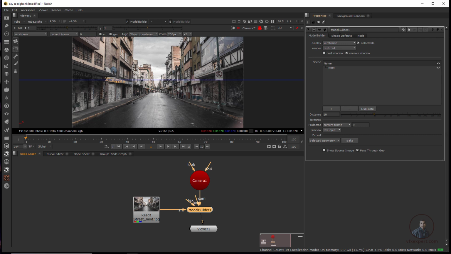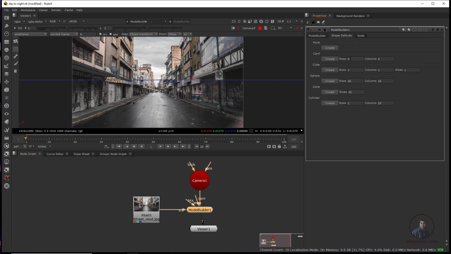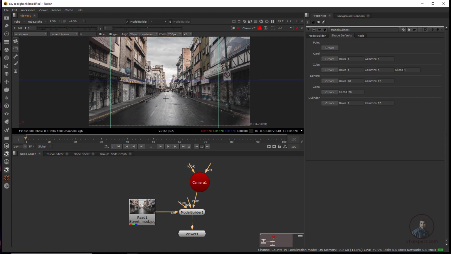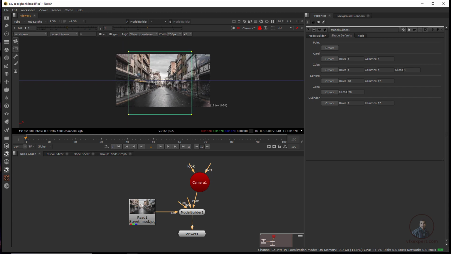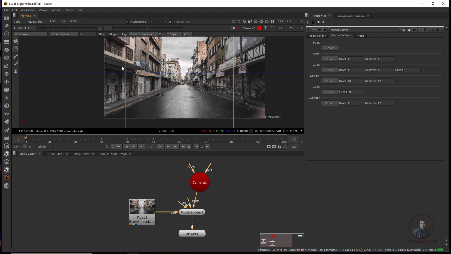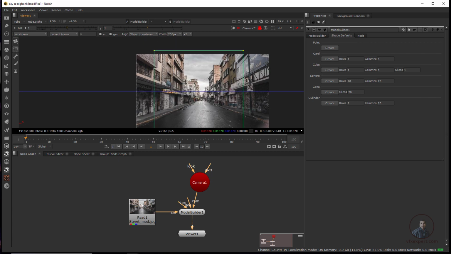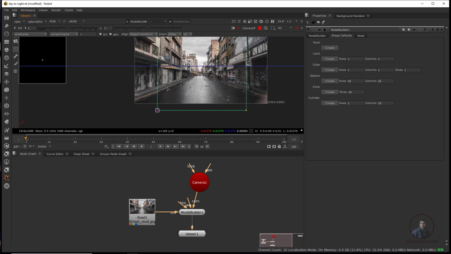In these parameters, by default I am going to adjust the row and column a little bit, which means the subdivisions. I am going to make it one by one. This is sufficient for us. Now on the left side you will see some shape creator options. Simply click here. Now you can see add card in progress. Now just click. After that we have to adjust this card according to this plane or this perspective. Simply select, move and adjust.